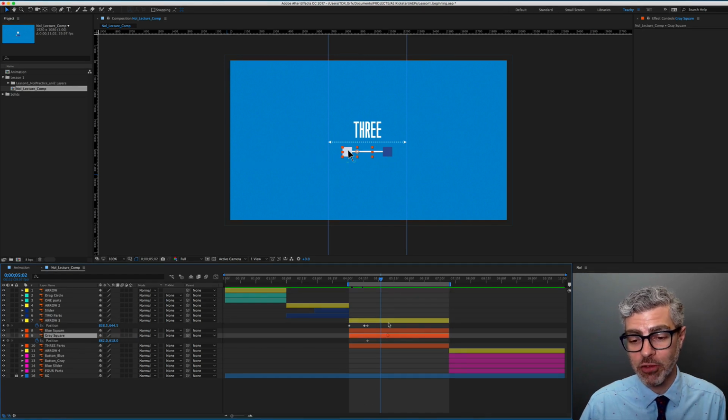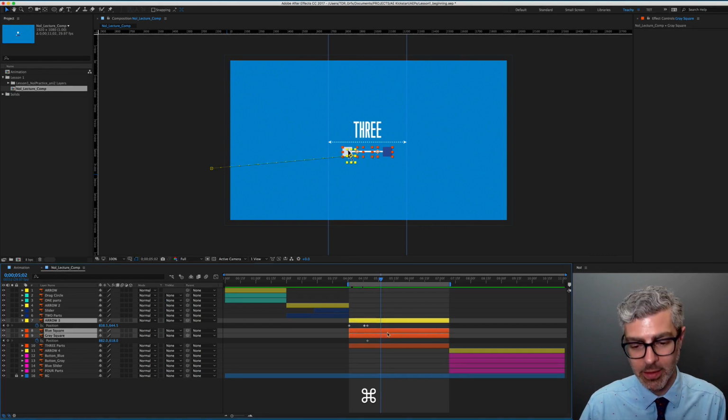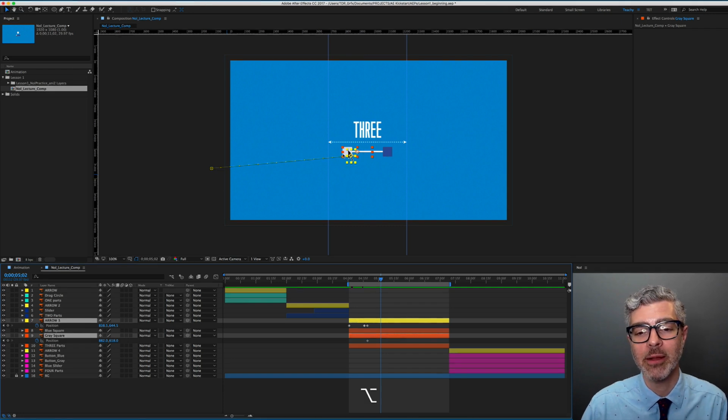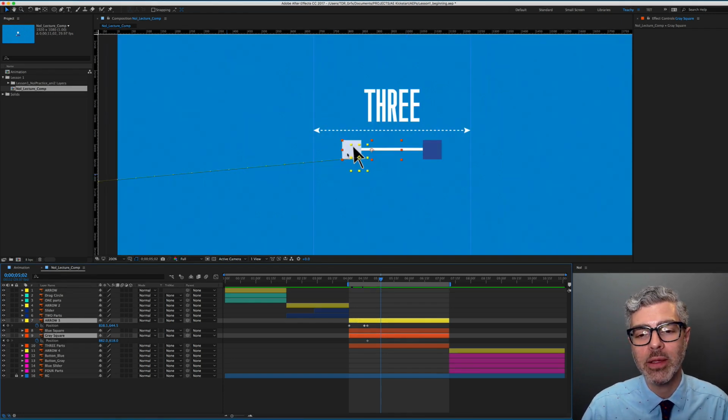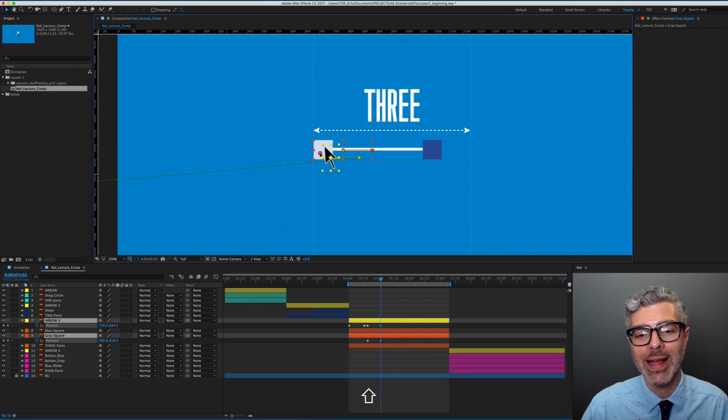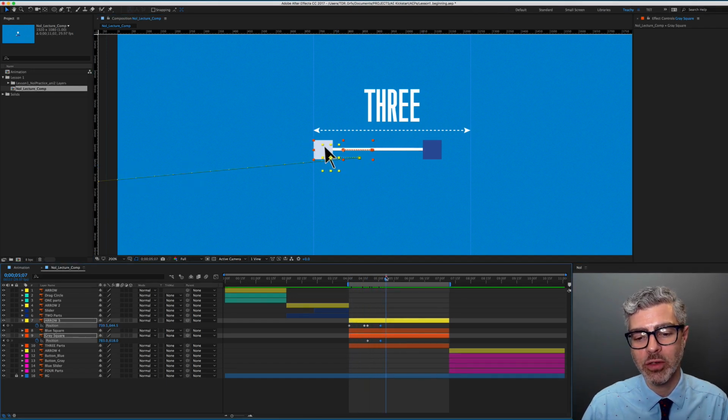If I hit Shift, by the way, I would select this middle layer as well, which I don't want. So I can unselect that by commanding as well. So Command and Command to select that. And now here we go. I'm going to grab these and move these over. Yep, and it clicked right into place there because I have Snap to Guide, so that's really useful. Okay, so that comes over, and we'll adjust the timings later, as is my way. And now I need the arrow to pause here again,